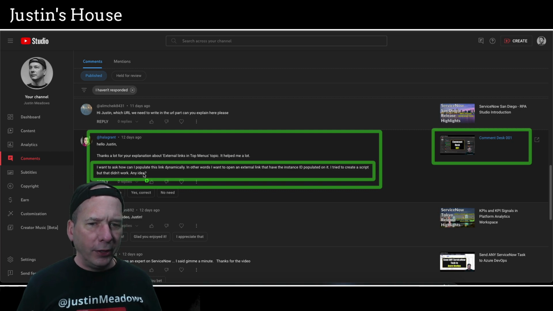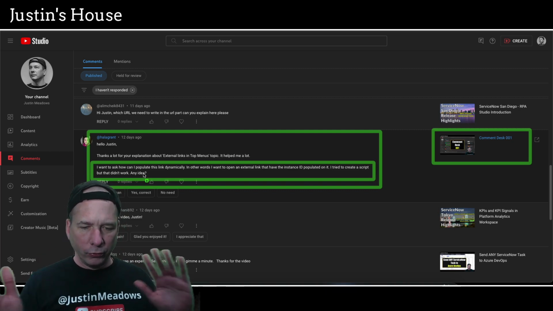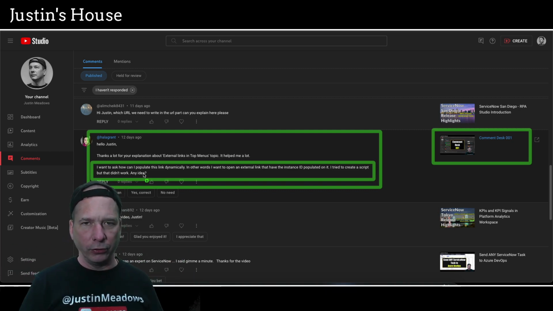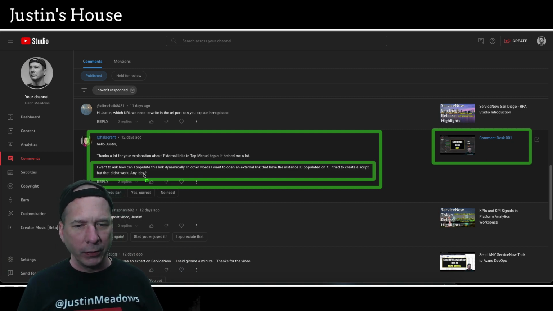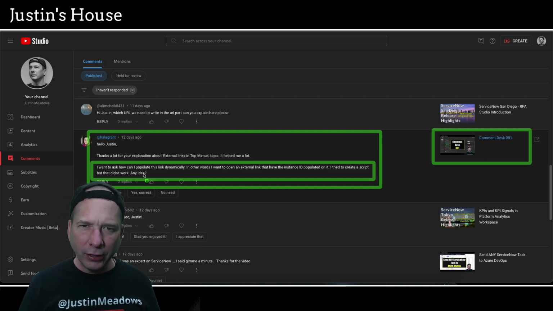Having the external link and the instance ID, those are weird things to put together for me, because if it's an external link, there shouldn't be an instance ID. Unless you're trying to go to another instance, like a subprod or development instance. So